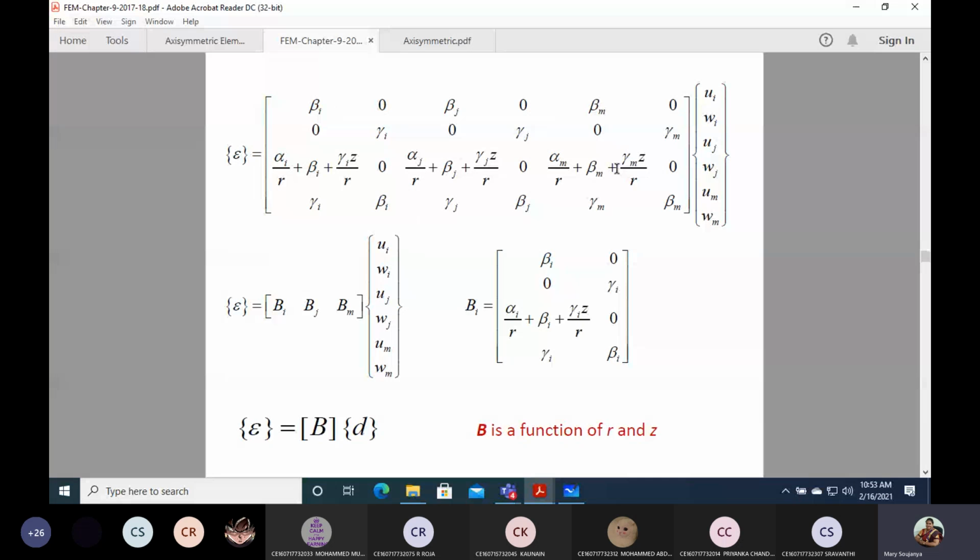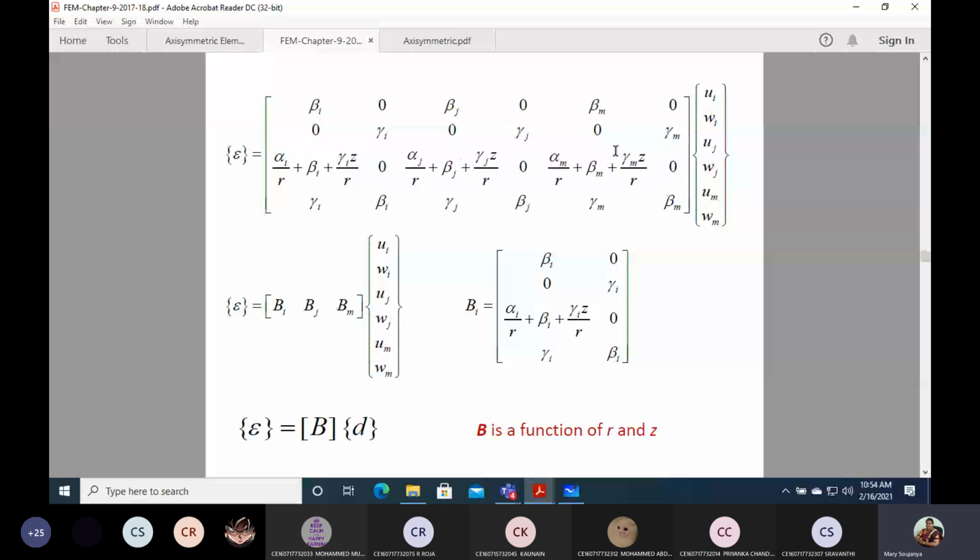You know what a B matrix is already. The B matrix is composed of terms that are the partial differentiations of the shape functions. The elements of the B matrix are the partial differentiation of the shape functions for the element. When you do the partial differentiation of the shape functions with respect to the coordinates, you will end up with this matrix, which is the B matrix. Now, what is Bi, Bj and Bm? If you sit and solve the problem, you can understand.